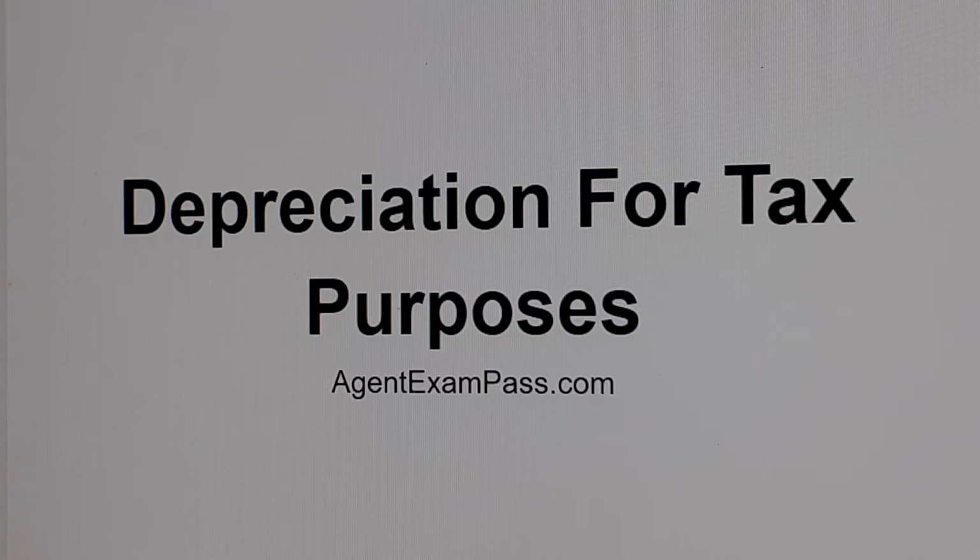There are 2 types of depreciation: curable, which can be fixed, and incurable, which are things that cannot be fixed. Depreciation for tax purposes usually uses a straight line method based on the cost basis or adjusted cost basis and divides it by the allowable number of years, say 25, and deducts that amount each year until 0 is reached. Depreciation for tax purposes is more about providing a consistent and easy way for people to generate a depreciation number for their taxes.